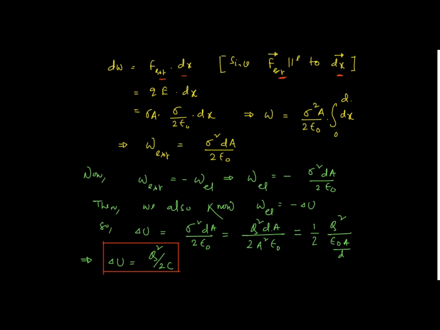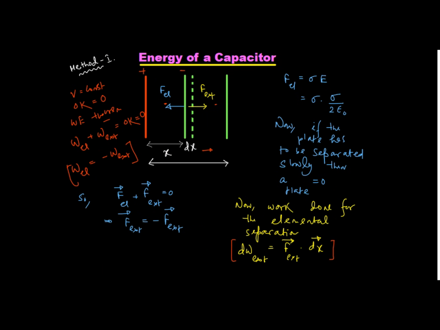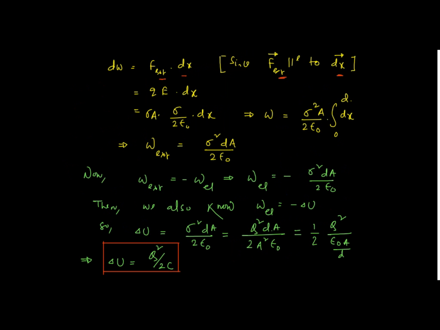Now what is E? E here is basically the field produced by the red plate. So field due to one plate is sigma by 2 epsilon naught. Charge on the green plate is sigma into A into dx. So now if you notice that W is equal to, it is coming sigma square A divided by 2 epsilon naught, which is a constant quantity. Hence it is out of the integration. Integration of 0 to d dx. So the term comes W external equal to sigma square d into A divided by 2 epsilon naught.